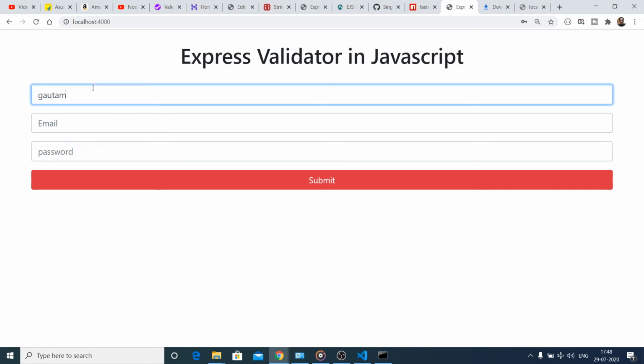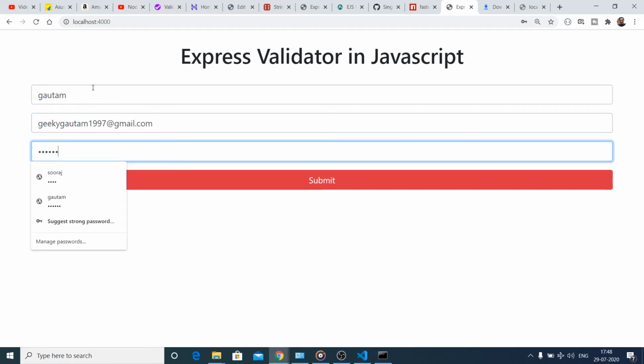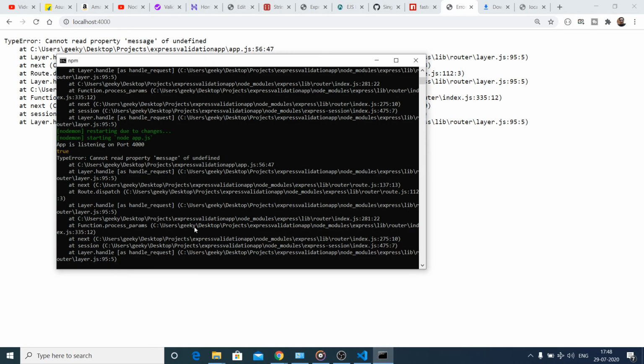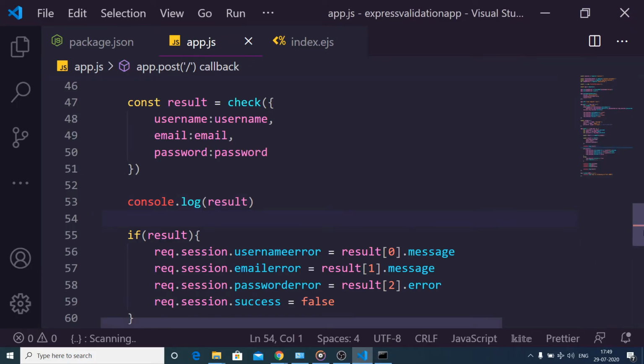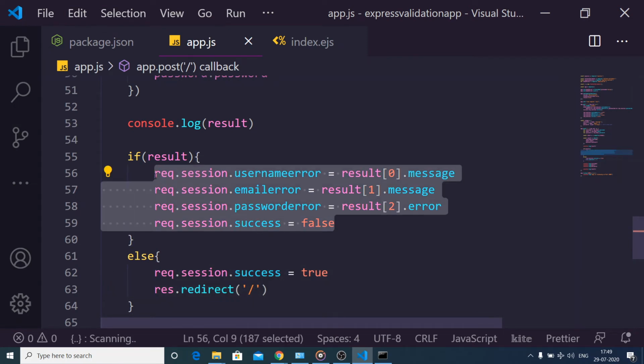Let me just see what it contains. So it is coming out to be true. So in that case, if result is true, we need to shift this code inside this. So basically this is saying that if our validation error is not coming, in that case we need to shift this code here. So we have just written in wrong places.